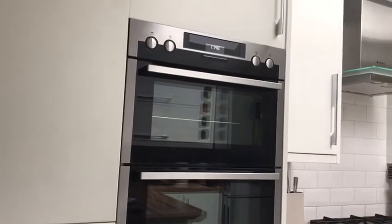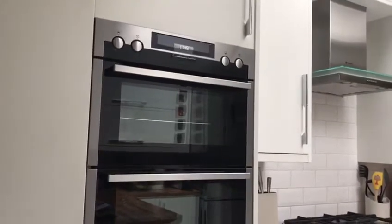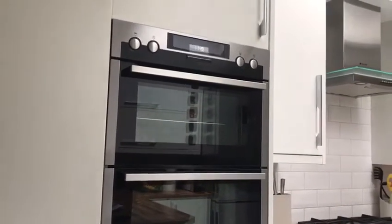Hi, this is our review on our AEG oven. It's quite a basic model of oven, so it doesn't particularly do anything singing and dancing, but it does feel really good quality and sturdy, so I feel like it's going to be a product that will probably last